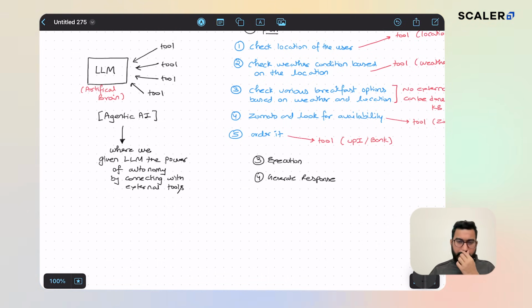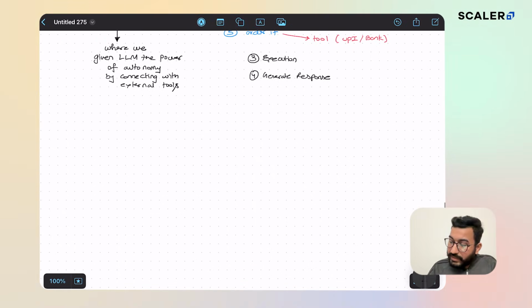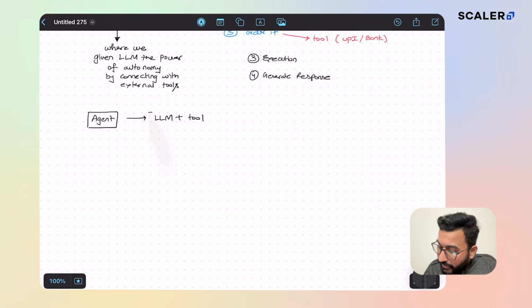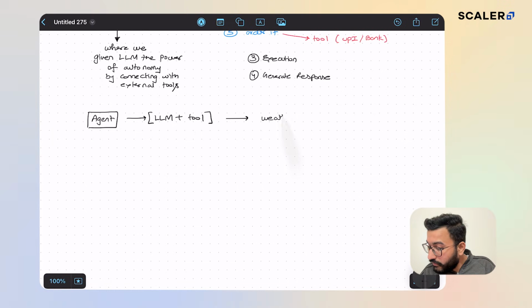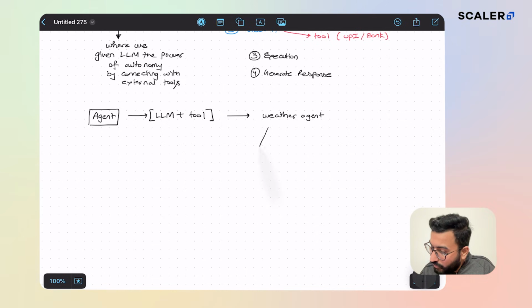If this is agentic AI, then what is an agent? Now, an agent is one part of the entire agentic AI. An agent is a combination of an LLM plus a tool. That is what an agent is. So, for example, if I have created a weather agent, this agent has a very specific task. If you give this agent a question to find out the weather condition at a place, so let's give this agent a question. The query is,